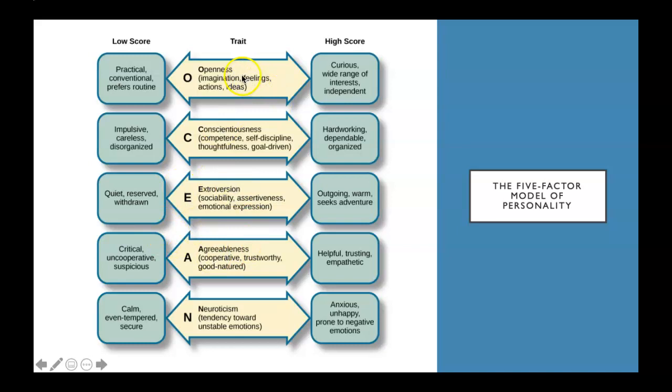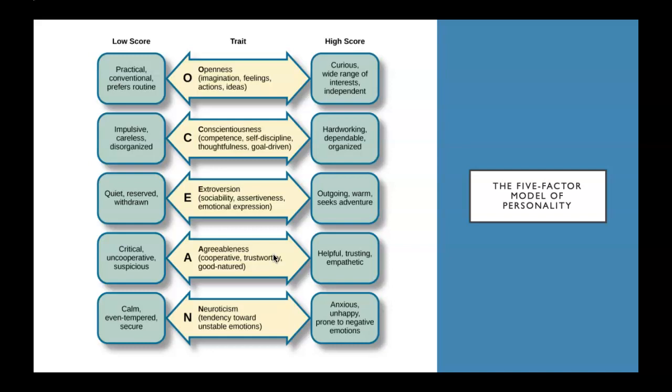But just know that openness is just like your openness to new experiences. Conscientiousness is just your self-discipline. So think of how conscious you are, hardworking about meeting deadlines, for example, or being conscientious of how you go about doing things. Extroversion is that sociability aspect we talk about. Agreeableness, how cooperative you are, kind of like do you go with the flow with people? Are you helpful, trusting, or do you tend to be more solo in your working? Are you more critical of others? And neuroticism is just your tendency towards unstable emotions.